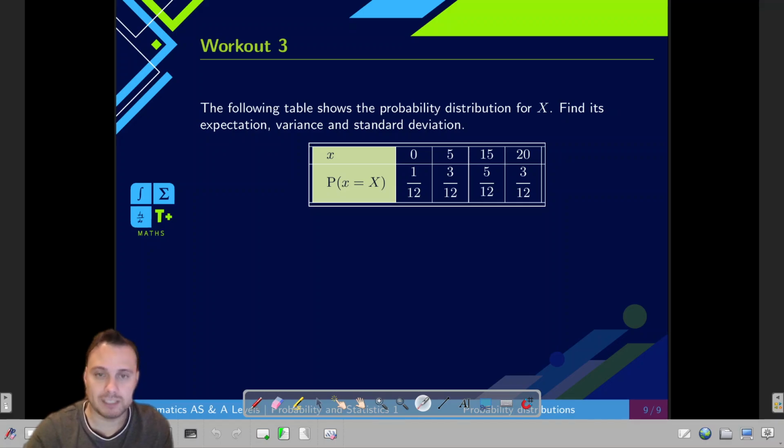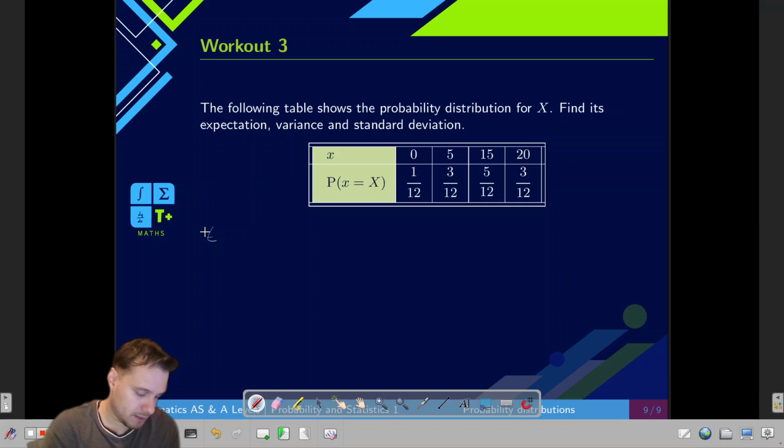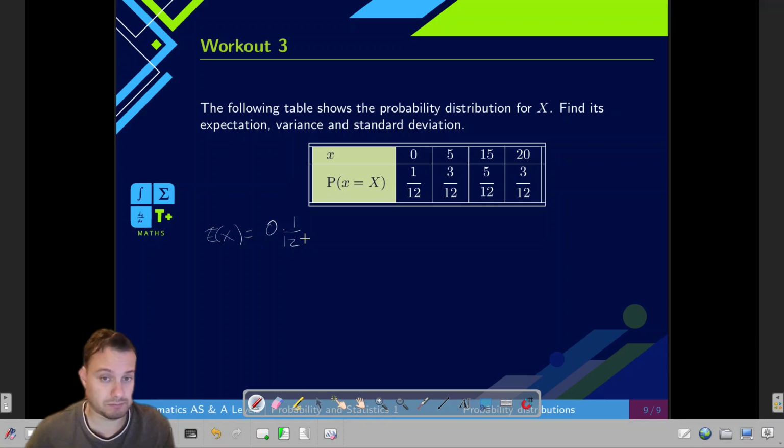So first, how does this work? Well, the expectation is found as the mean of the values by using that the probability is their frequency. So, for example, we would be saying that the value for x, that is 0, we're going to be multiplying it times its probability, times 1 over 12. I write that down now.